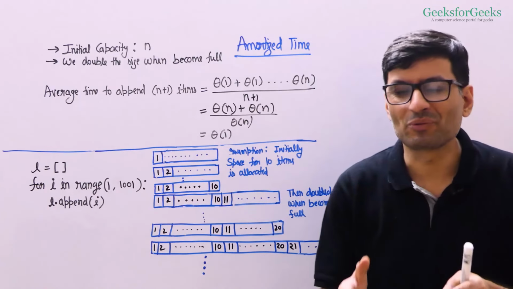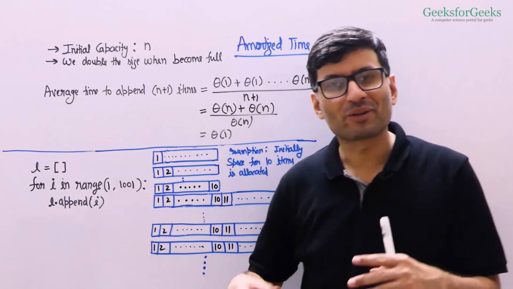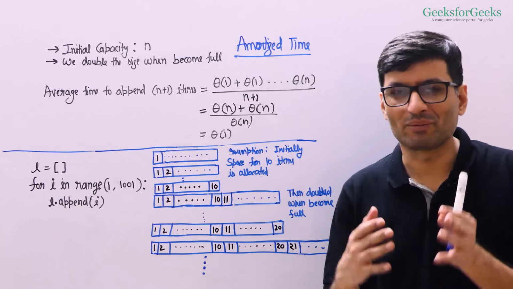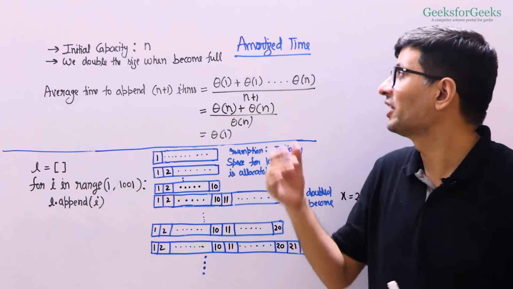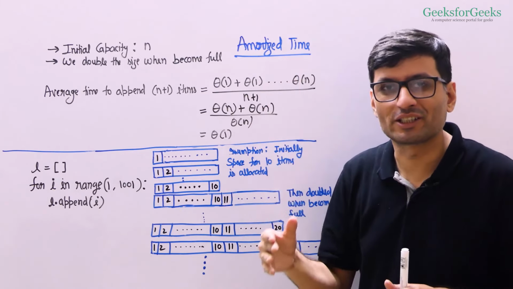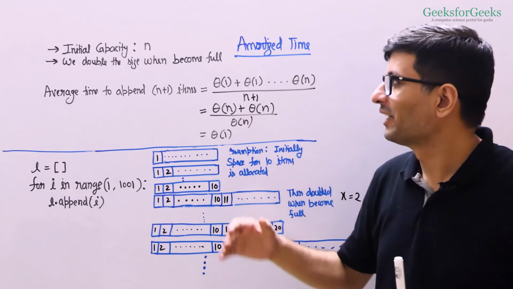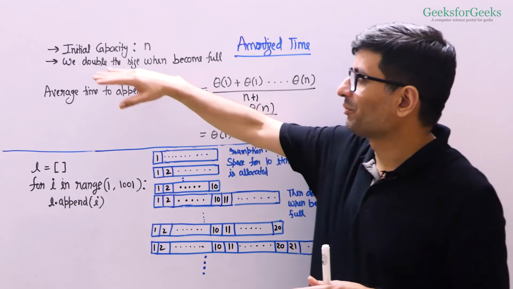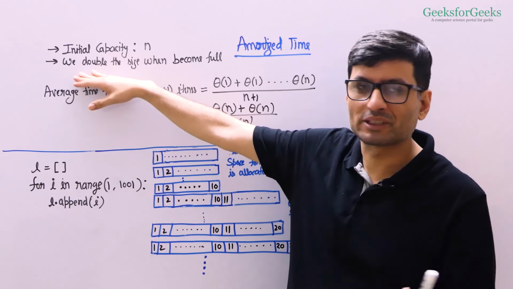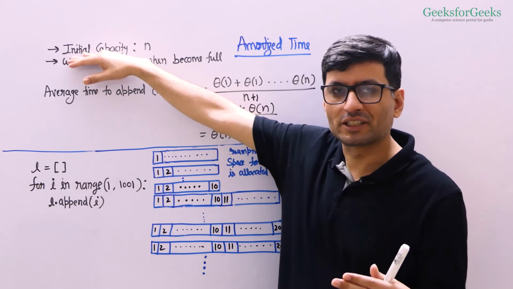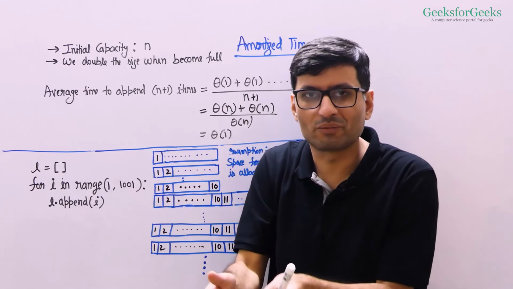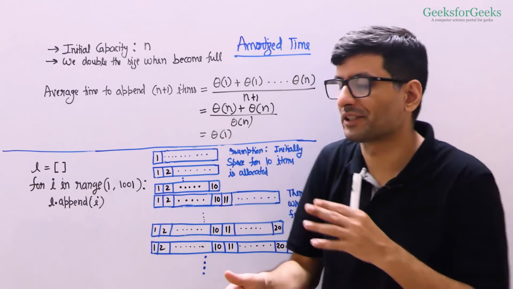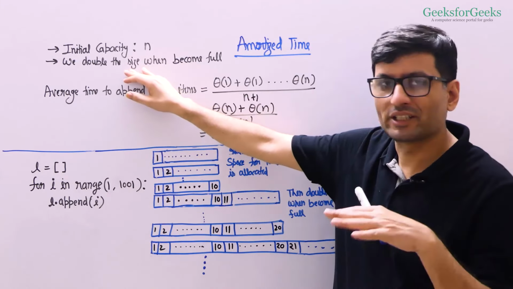Let's now understand the time complexity of this append operation. We are going to see some great results. Even if you are doubling the size and copying the old items, the average time complexity, or amortized time, for inserting items is going to be constant. So we are considering these assumptions, although not true in case of Python implementation, but we are trying to understand the general idea of dynamic size arrays here. Let's say initial capacity is n, might be any number, and we double the size. As I said earlier, according to Wikipedia, we don't double, we do 1.125 times multiplication. But we are assuming double the size to get the idea.